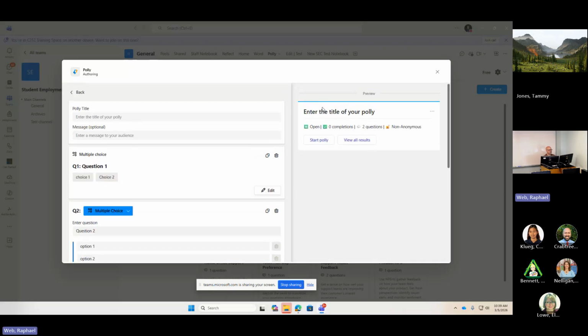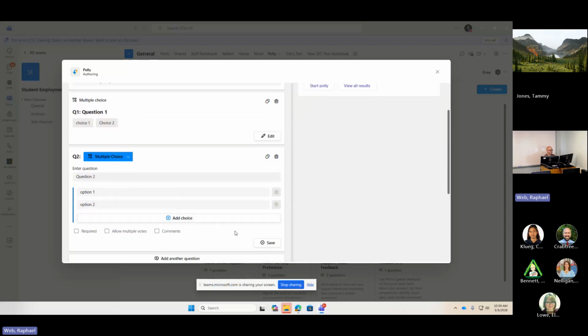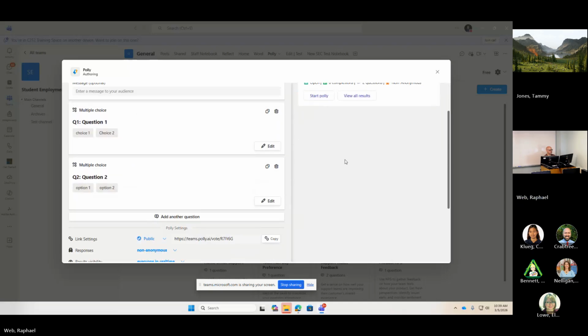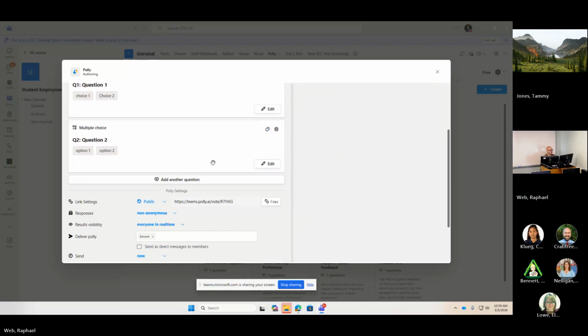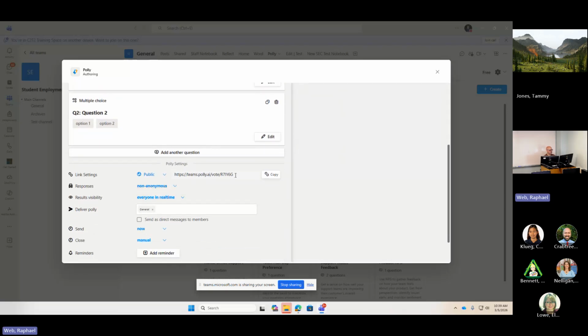Come on, I should be able to type it. It's not letting me type, that's interesting. Oh, probably because I didn't save. Hang on a second, let me save it. Nope, still not letting me do it. But what it is letting me do is copy this link, and I'm going to throw it